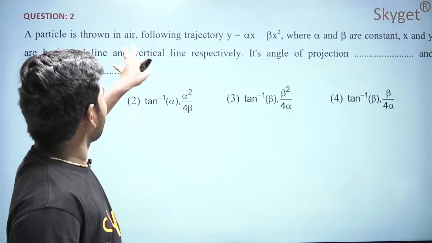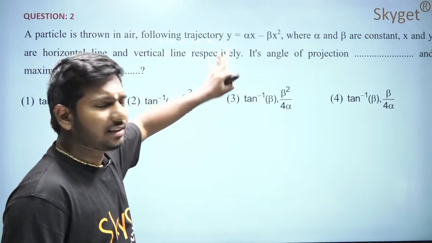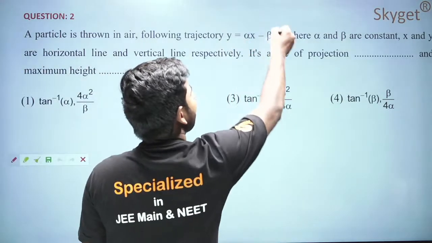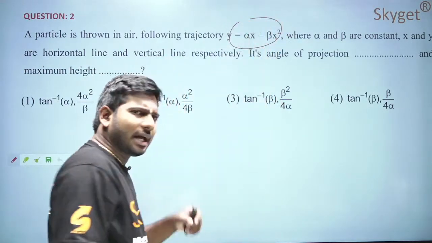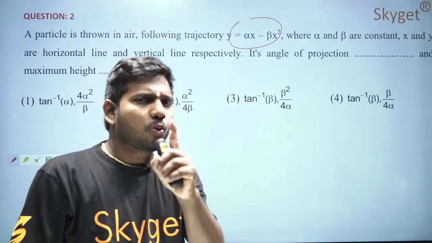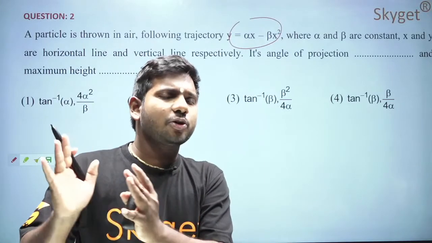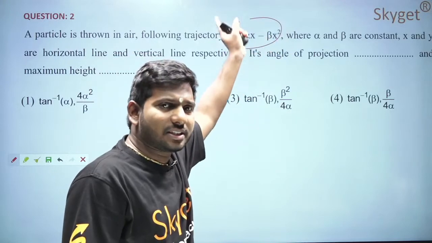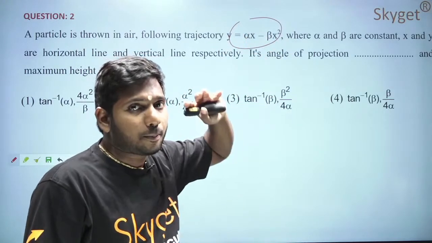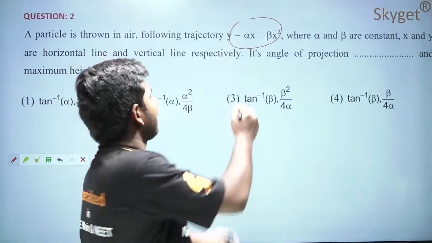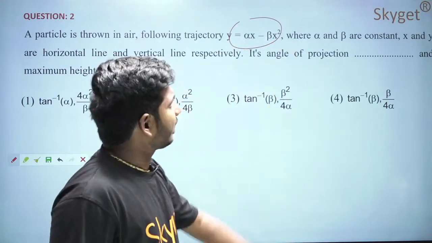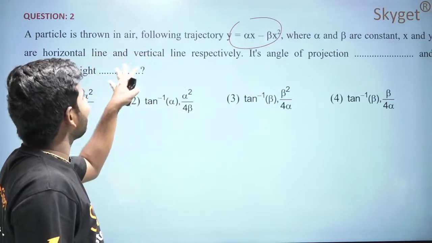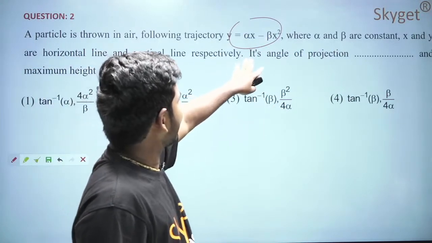A particle is thrown in air following a trajectory. The moment you see alpha x minus beta x square, you should be able to relate it to one of the particle motions. What is that motion of the particle executing this equation of trajectory? That is projectile motion, y is equal to alpha x minus beta x square, where alpha and beta are constants, x and y are horizontal and vertical respectively. Its angle